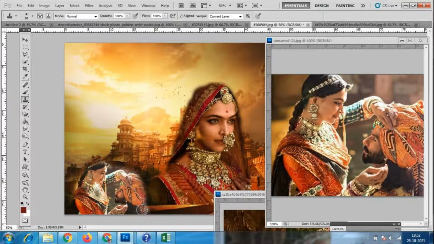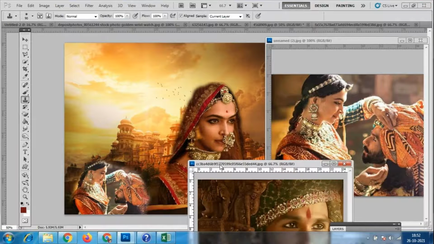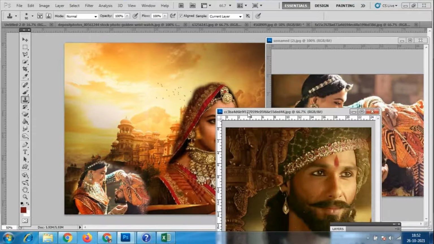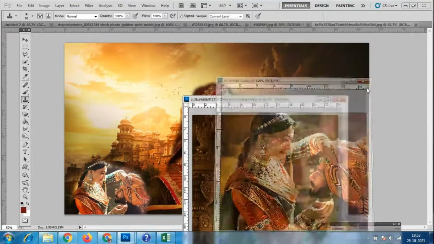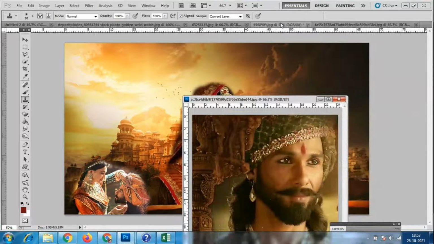By the time, no need to add these sharp edges over here. So only the smooth edges and all you can add. So like that, who are the villains, those people and all, you can add for this.